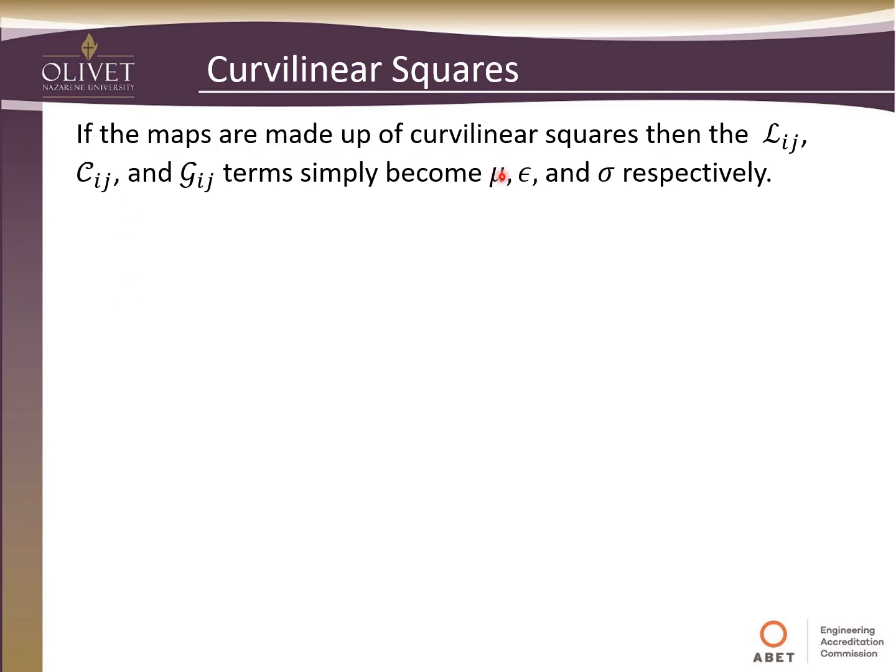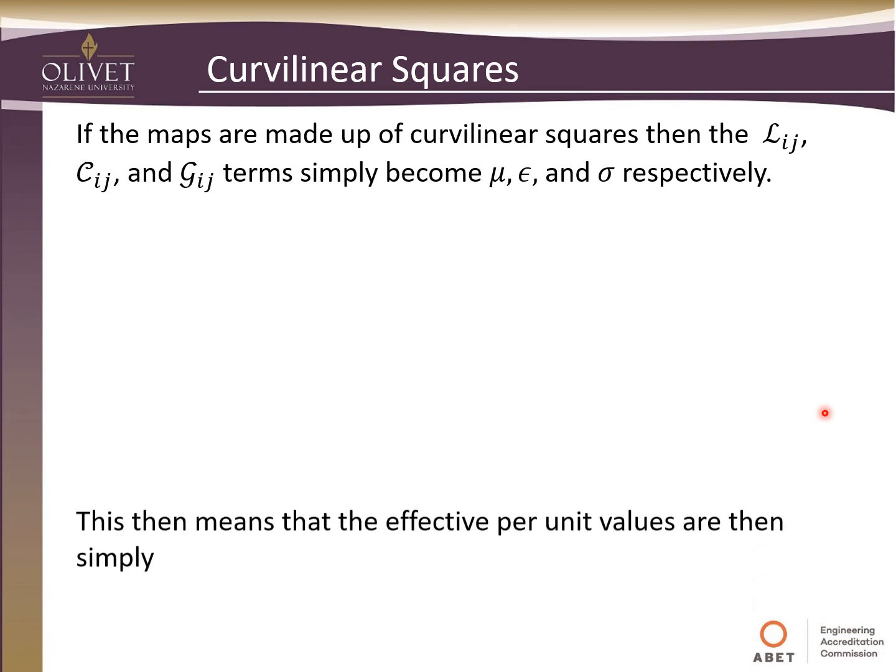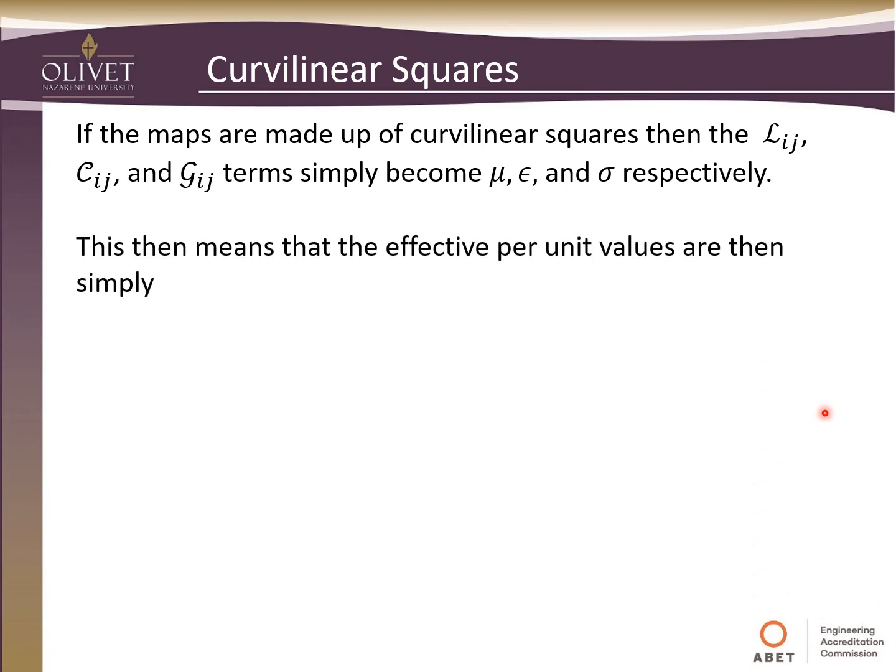So if the maps are made up of curvilinear squares, then the ijth components of the inductance, capacitance, and conductance terms simply become mu, epsilon, and sigma, or the permeability, permittivity, and conductivity respectively. So this means that the effective per unit values are then simply the properties of the material that's in the dielectric times this ratio of the number of angular cuts by the